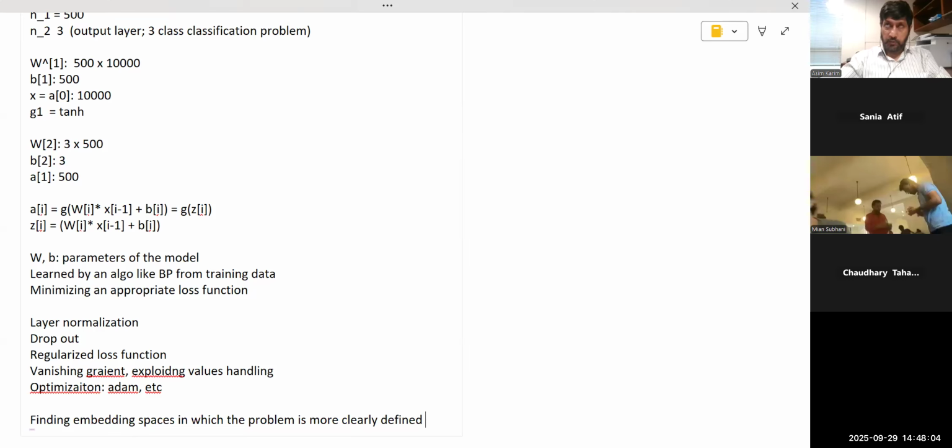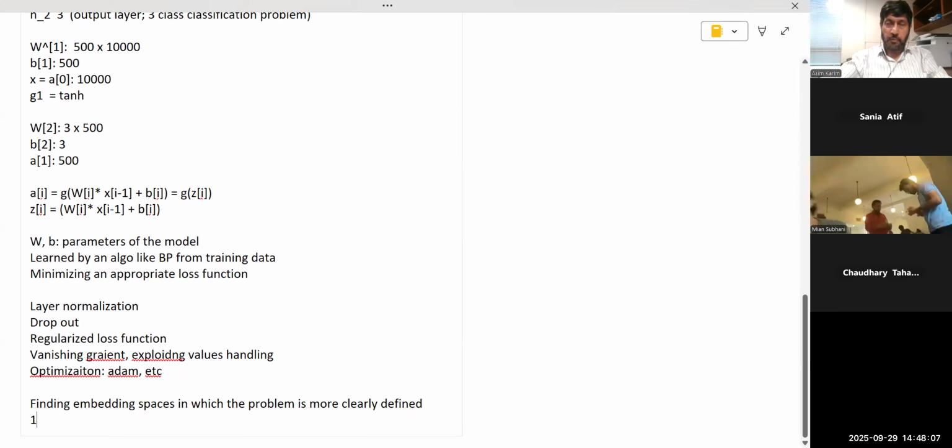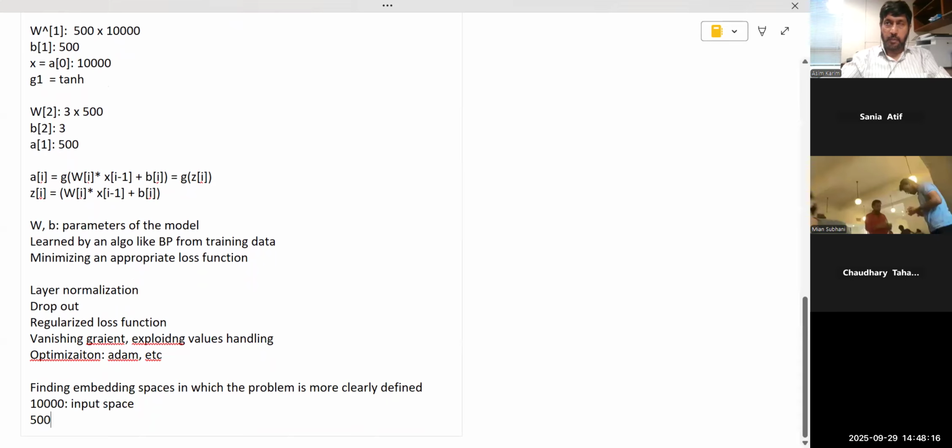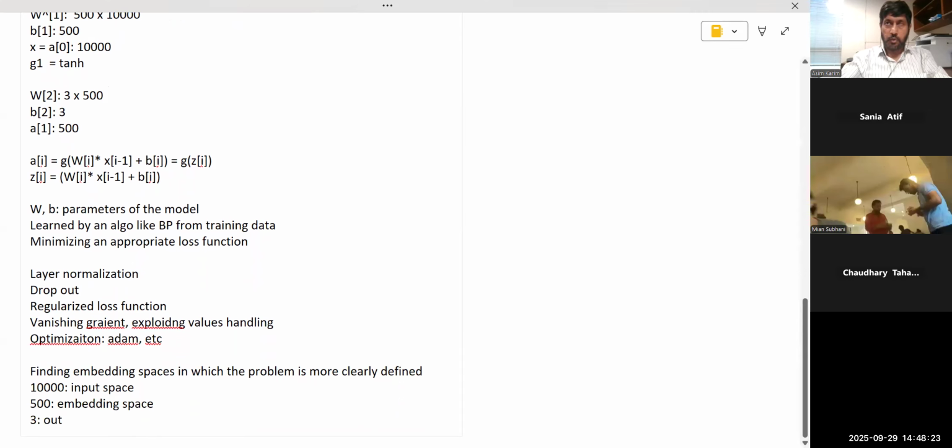So remember जो मैंने ऊपर example दी थी, input space हमारे पास क्या थी? 10,000 थी. This was input space, right? So 500 मैंने लिया था hidden layer. So this is my embedding space or hidden space. And then of course 3 was output. So output space, which is of course in this case discrete. तो ये classification problem थी, ठीक है ना? Continuous नहीं थी. Of course outputs continuous थी, फिर हमने इसको discretize कर लिया using the softmax.